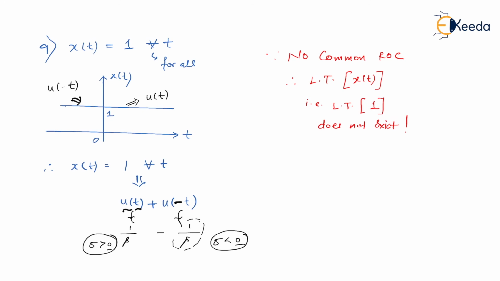When I was actually teaching this in my class, one of the students asked me, sir, in mathematics we have already learned that Laplace transform of 1 is 1 by s, and what you are saying here, that the Laplace transform of 1 does not exist. So this is quite a contradictory statement you are making. So now it is eventually proved that Laplace transform of 1 does not exist, as you can see.